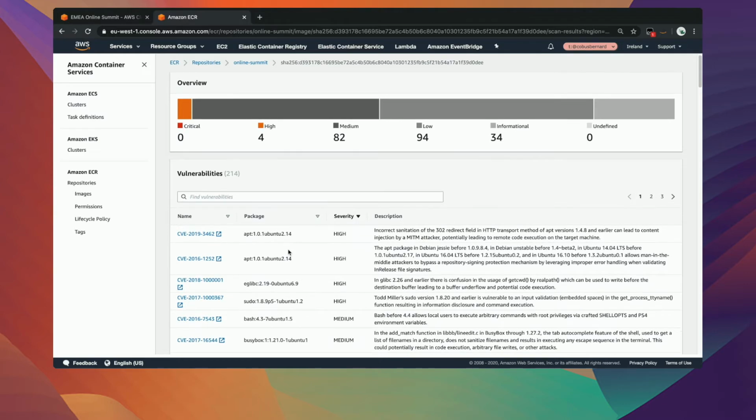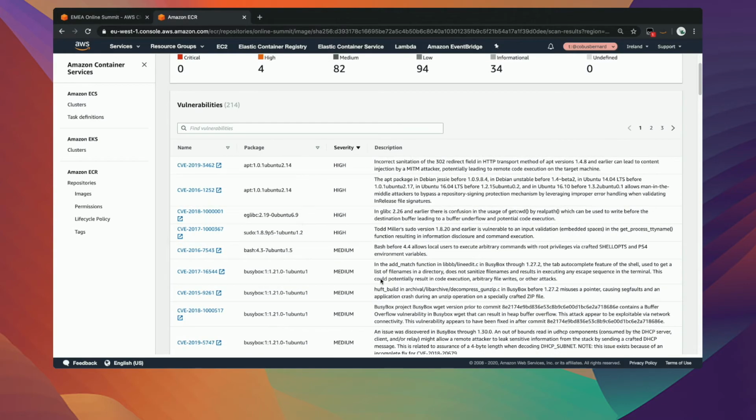And if you want any specific detail, you can look at the different ones over here. So for example, I can click on this link and it'll actually take me to a specific page on Ubuntu's home site where I can see the details about this specific CVE. So this is how you would know what issues are inside a specific container as soon as you push it